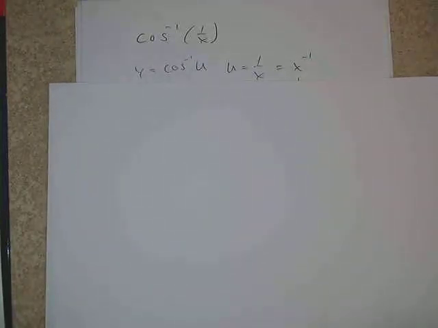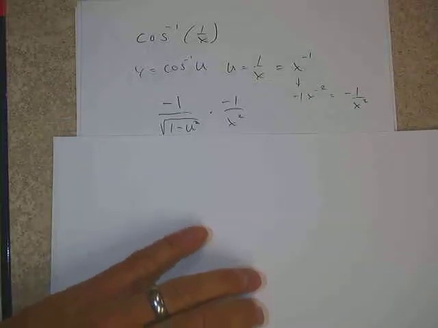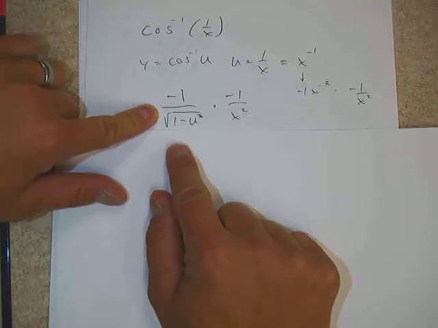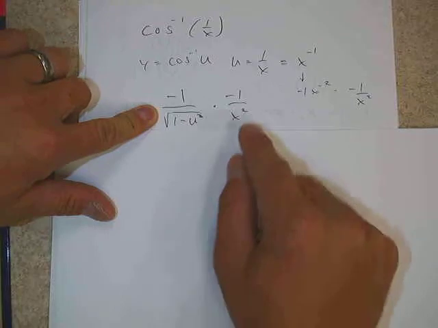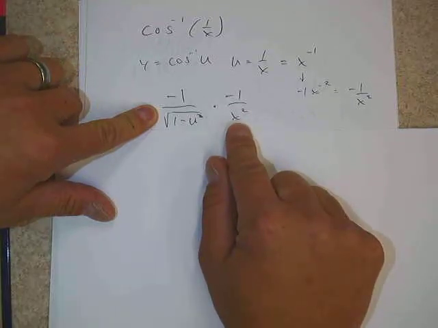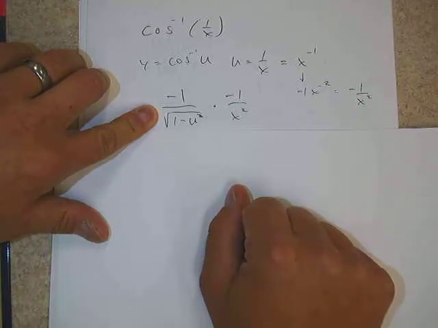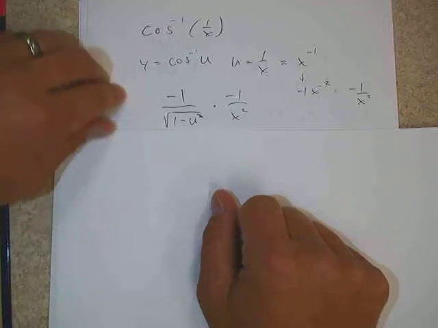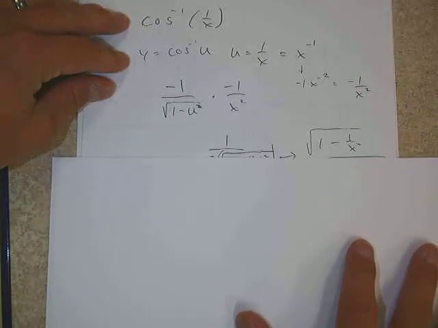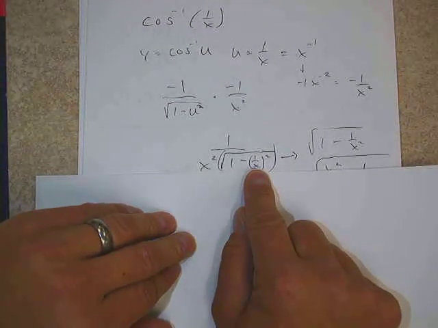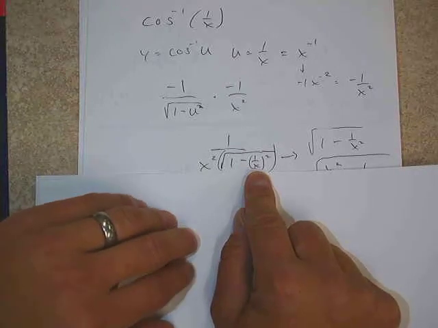Great. Alright, just for argument's sake, we're going to look at a problem so we can look at the algebra of the cosine inverse. If we have cosine inverse of 1 over x, I would first recognize that my inside function is the 1 over x, and my outside function is the cosine inverse of u. When I do the math on that, I'm going to write down the cosine inverse derivative, and then this is the derivative of u, the derivative of the inside function. Notice I did that over here. I wrote it as a power function and then used the power rule,